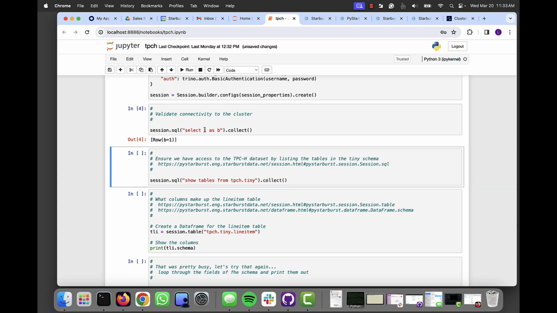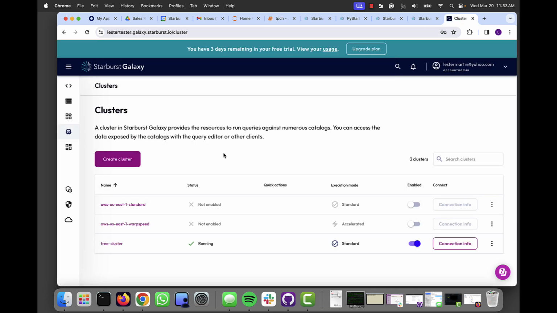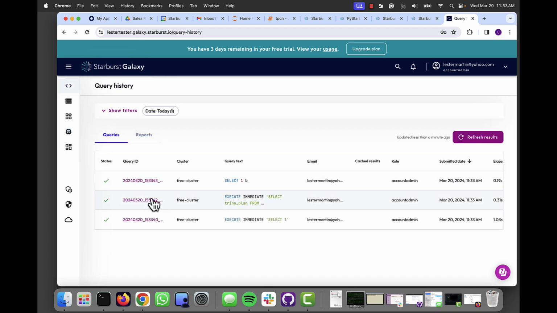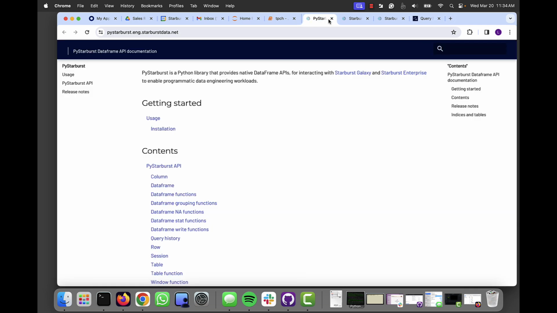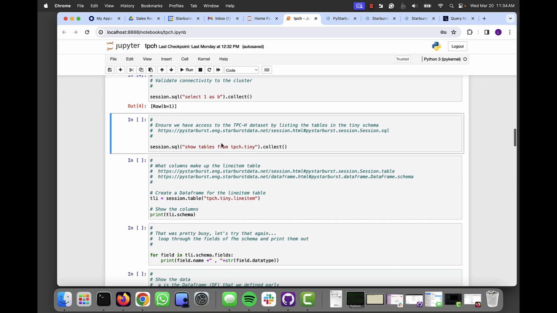So I wrote a bogus select one as B kind of thing, and in fact what I can do is verify. I know it ran because it would have failed, but I could definitely come over here and look at my query history, and there it was, select one as B. So I see in my query history on my Starburst Galaxy, ergo Trino, environment that I am running that one. All right, so let's do a little bit more